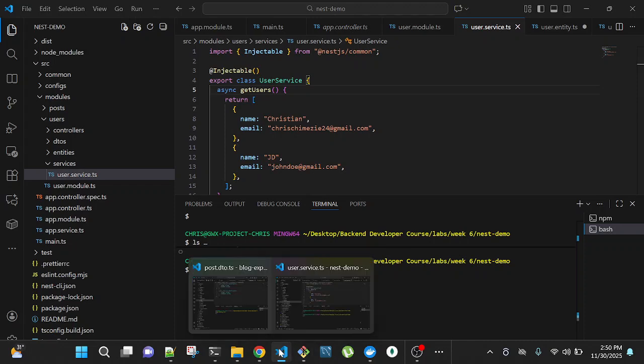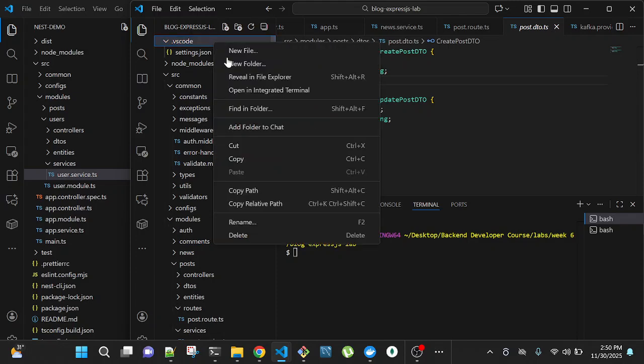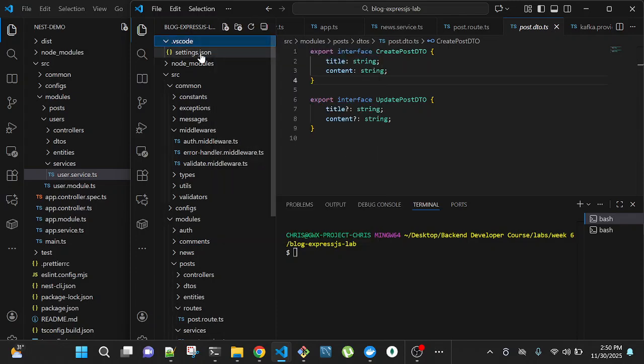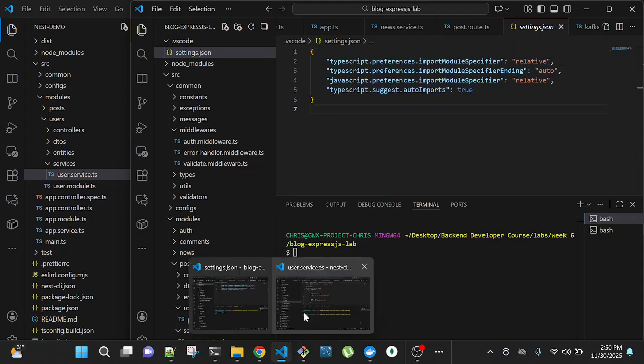Sorry guys, let me create this thing here. I like my code to be properly formatted. Let me copy this NestJS code.